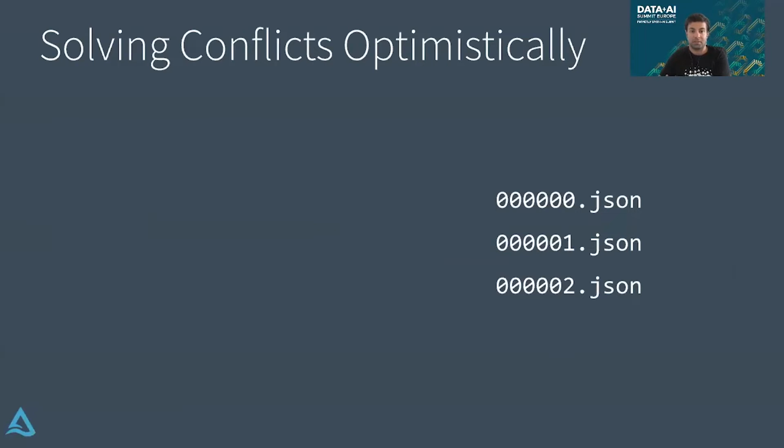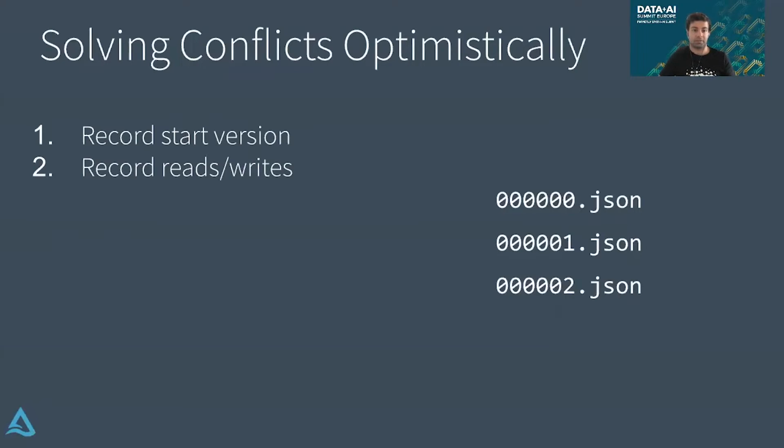Well, with Delta, we solve conflicts optimistically. This was a pretty important design choice where we discussed that analytical operations will typically be non-conflicting, meaning that we're generally going to be appending new data to our table rather than continuously updating certain rows over and over again. So what happens is when two writers are trying to write to the Delta table, first